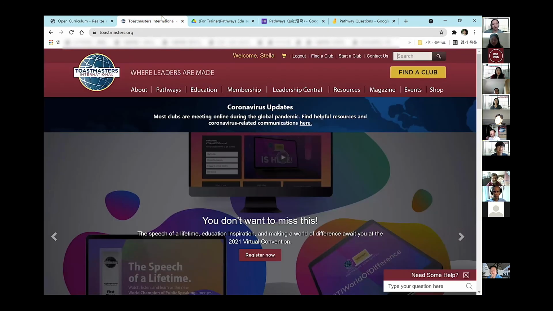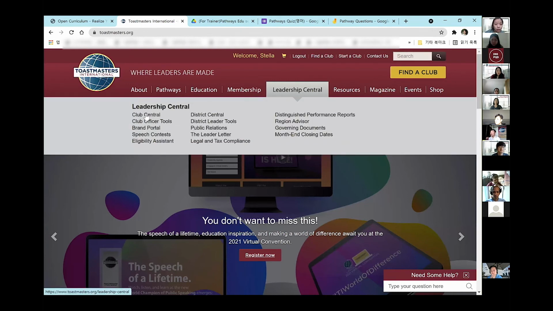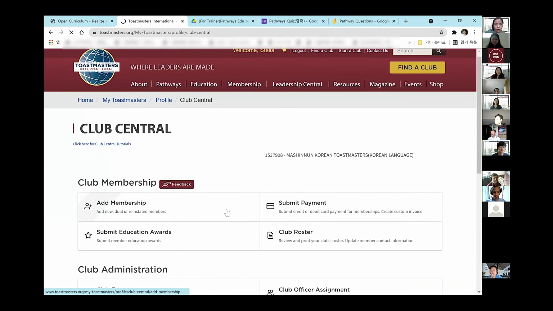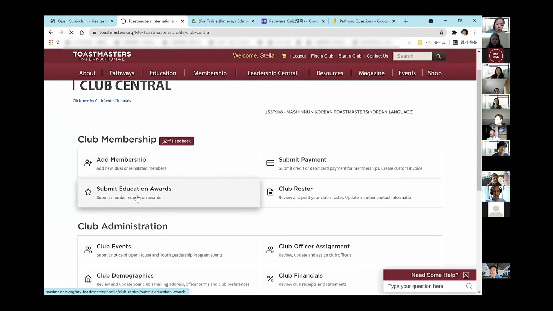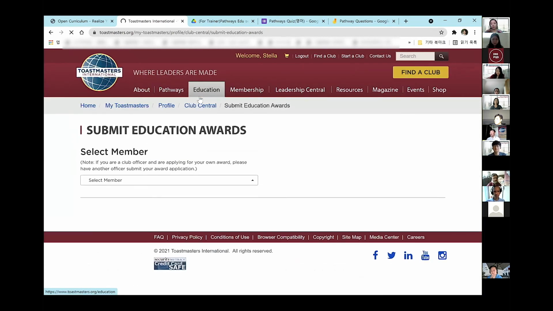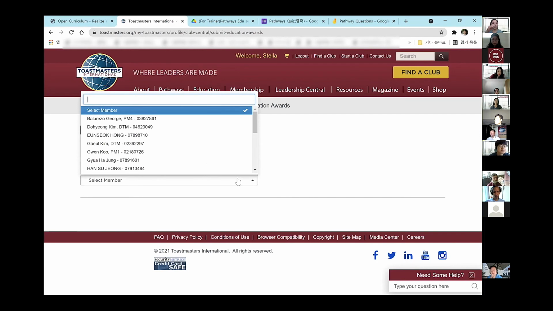If you are an officer, then you have to go to Leadership Central and Club Central. As David mentioned, there are education awards. So even though you sent the approval from Base Camp, the officer also has to submit these education awards, and then you can have the achievement, like EC2 or EC3 later. I'm an officer at Cheonan Toastmasters.